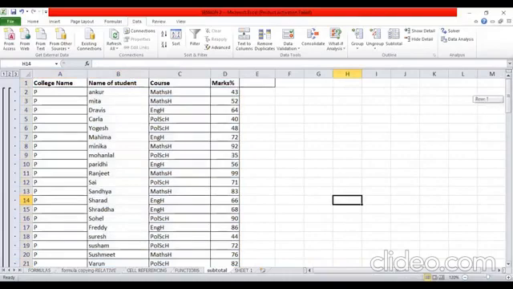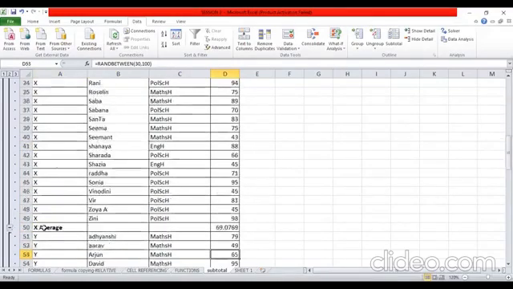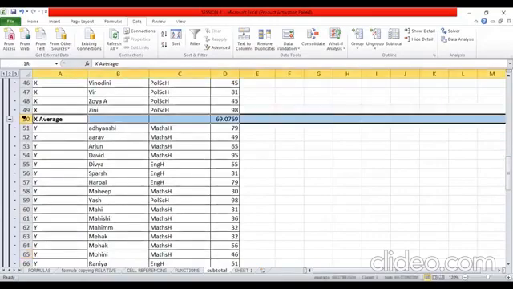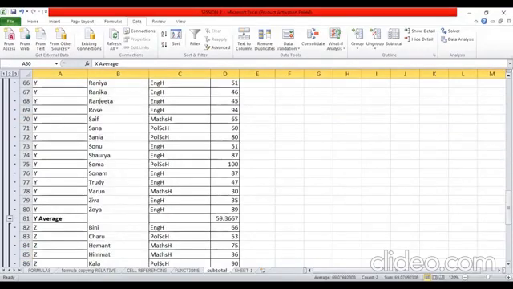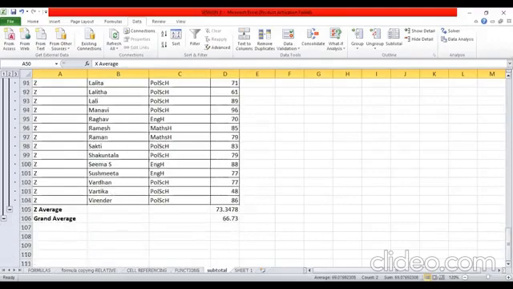As you scroll down, after the entire data set of college P, this row has been added, showing the average marks of students in college P. Similarly, as you go down, you can see the subtotal has been calculated for college X, similarly for Y and Z, and ultimately it also shows a grand total, the grand average of the marks.